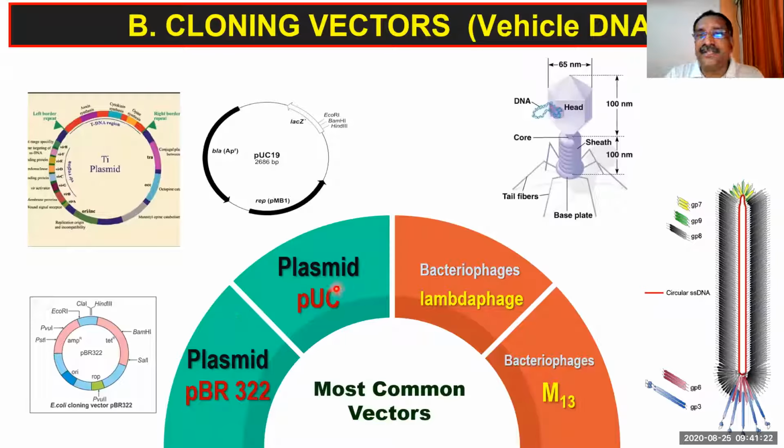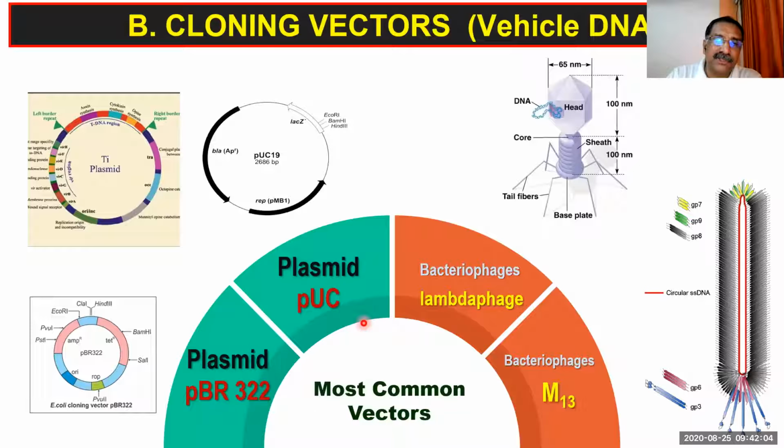Now we are going to see in this chart which are the most common vectors which we are using now. So what are the common vectors we are using today? The commonly used vectors, number one, plasmids. I told you that there are two important vectors which we are using on a large scale. One is called plasmid, the other one is called bacteriophage. Now you see the picture over here. Just take the half part. Left side, what is there? Both are plasmids only. This is plasmid, this is also plasmid. Right side, whatever is there, that is called bacteriophages.